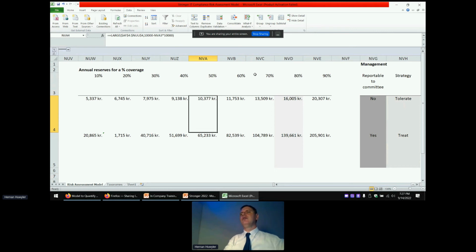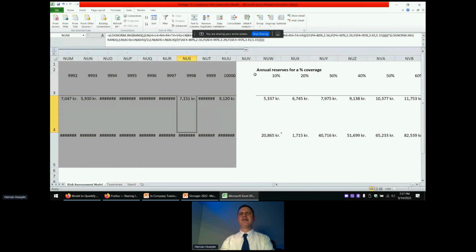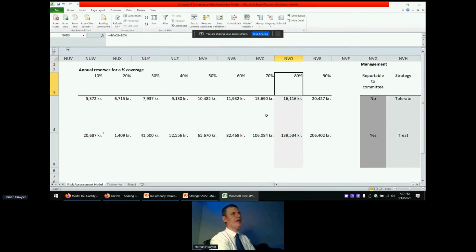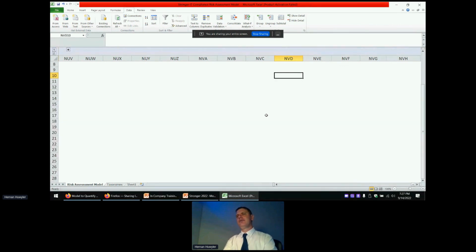So you can even know, for instance, if you know how much you are investing in training and awareness on emails, you can tell whether this control is efficient or not. Because of the exposure, you can set according to the tolerance that you are going to act for the 80% of the worst scenario. That should not be reportable to the executive committee.